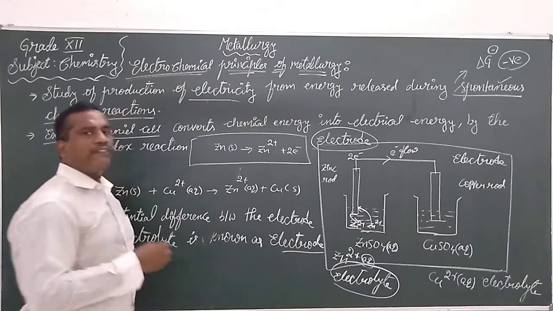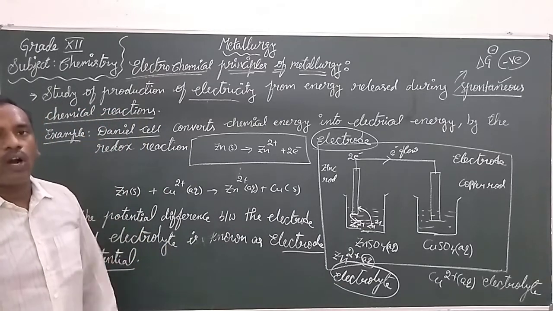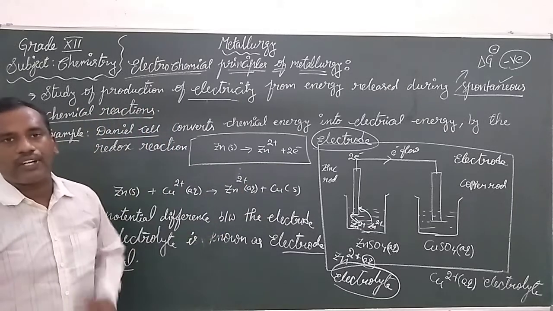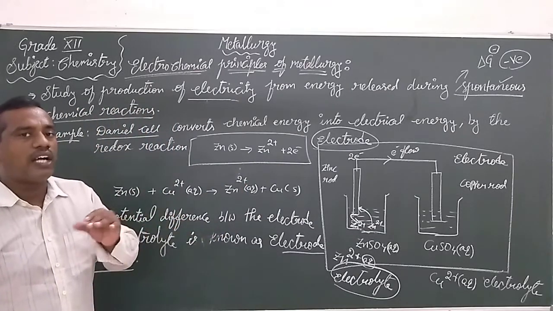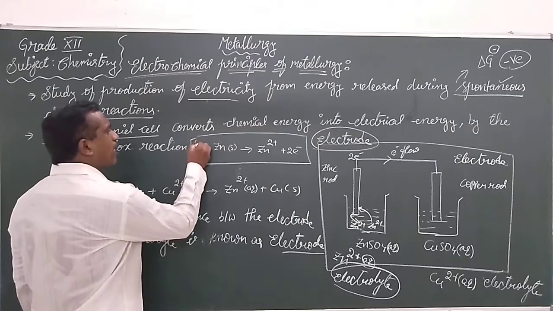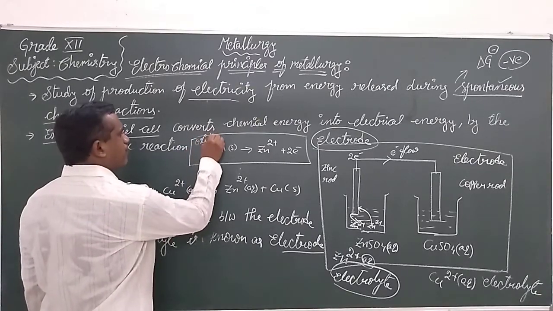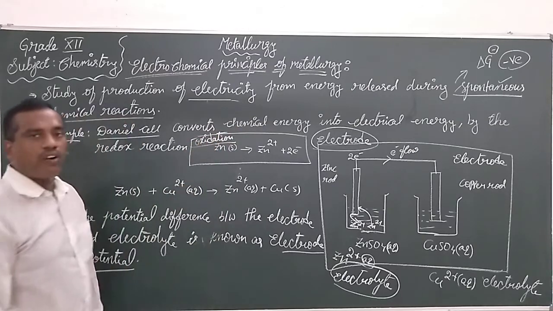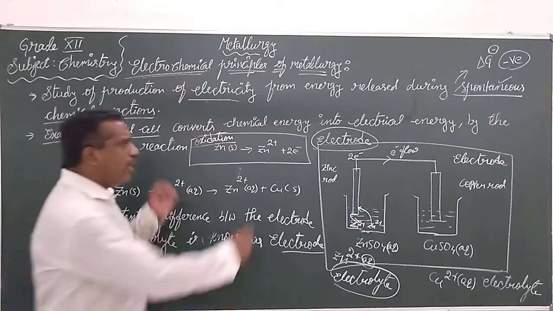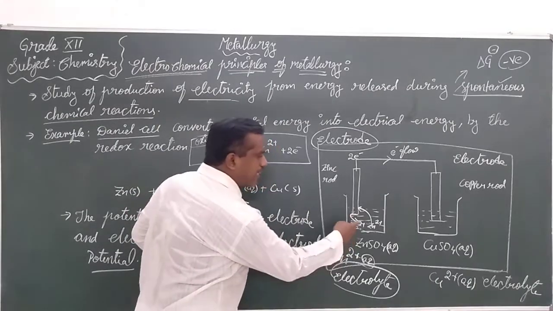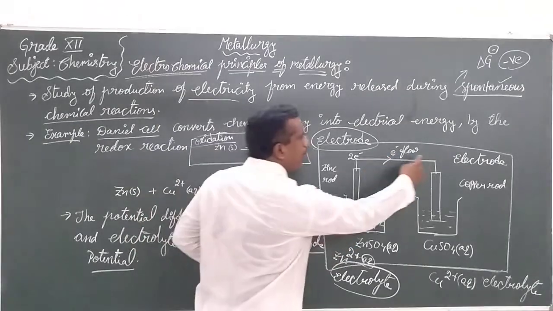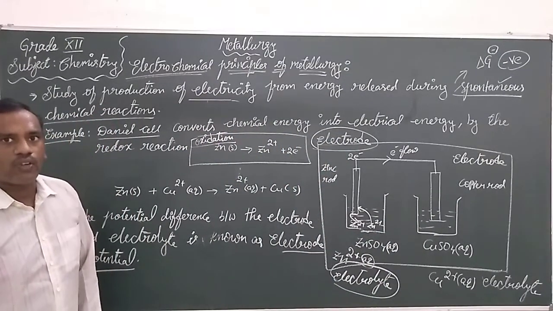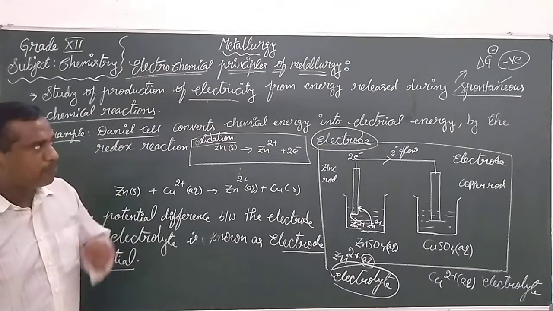What is happening for the zinc? Can you observe what is happening for the zinc? Zinc is losing electrons. The process of losing electrons is called oxidation. What is this called? Oxidation. These electrons that are lost by the zinc will flow towards the electrode of copper. Observe,